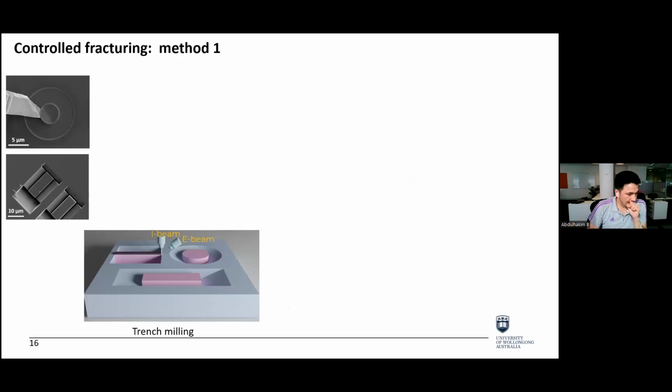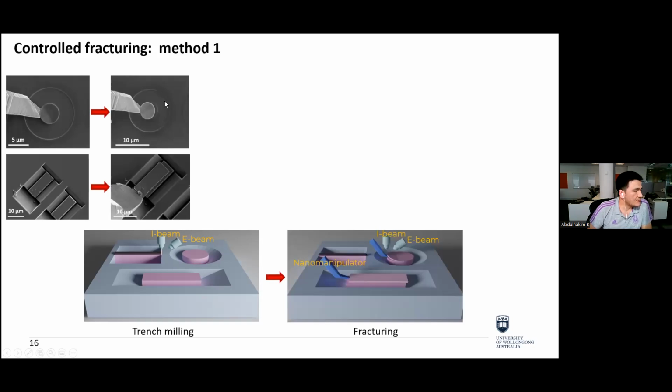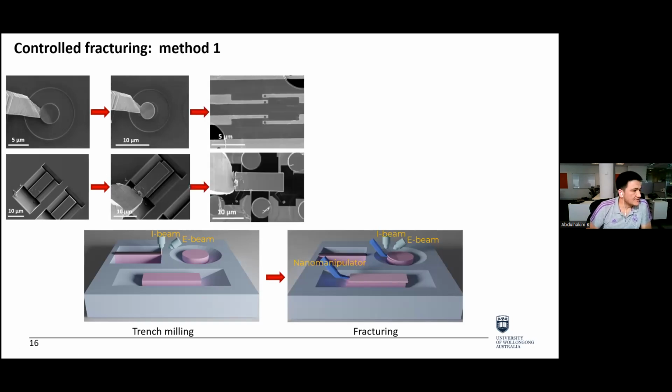So the method I developed basically avoids excess ion beam irradiation of the surface, and in my case I found it's a very useful method. Initially we use the ion beam to make a trench around any geometry, like a circular disc shape or a rectangle shape, and this way, when you irradiate the surface of the material, you still form some sort of amorphization, but you can still